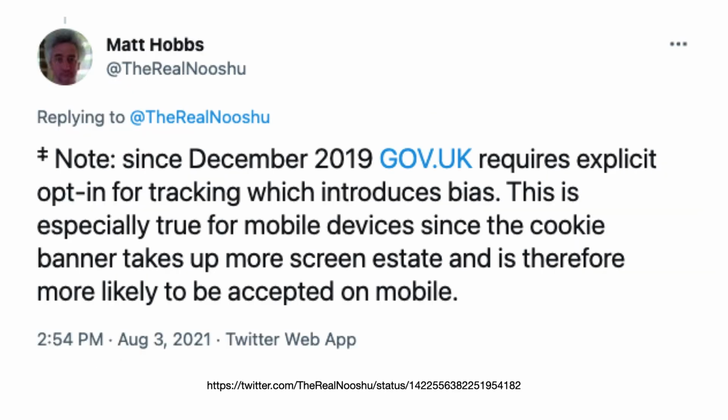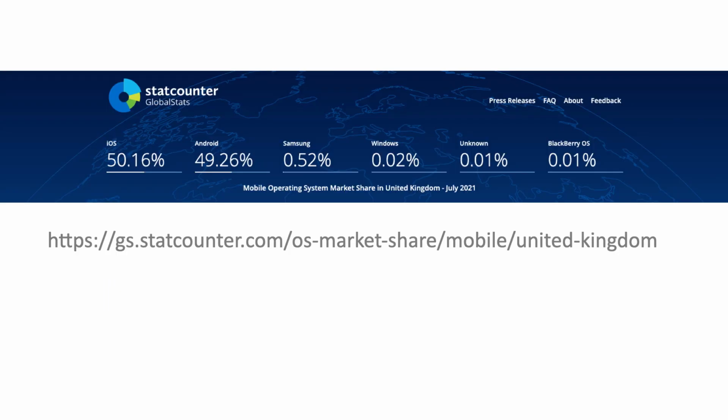Although he does note that because you have to opt in to be tracked, it tends to overrepresent mobile browsers. But we can see that in the UK, 50% of traffic is on iOS and 49% is Android. So we obviously have to be concerned with iOS as well as Android, Windows, etc., and all the different browsers